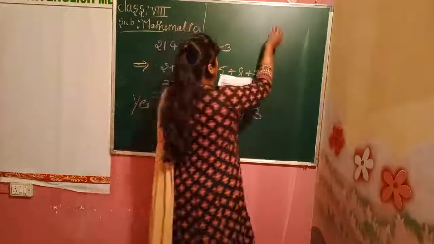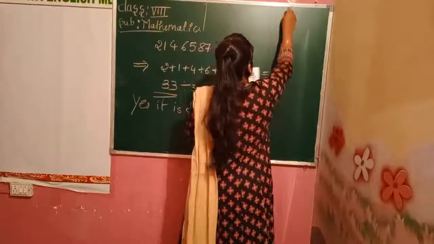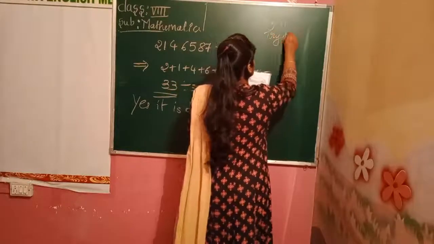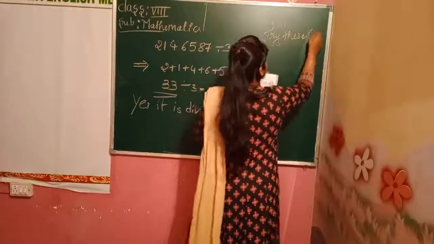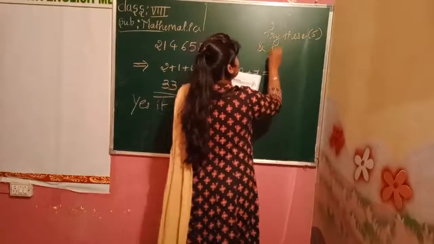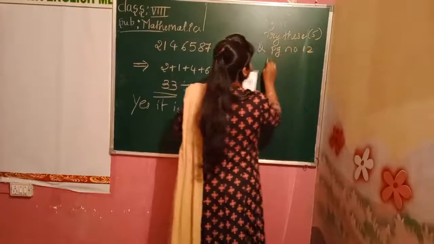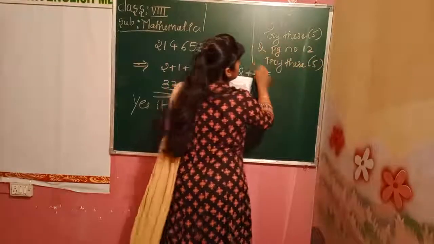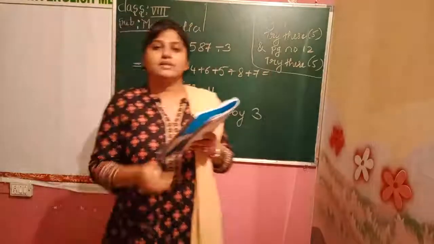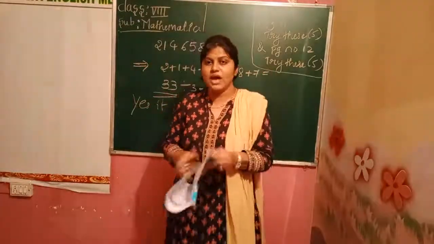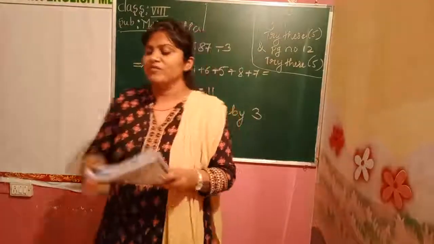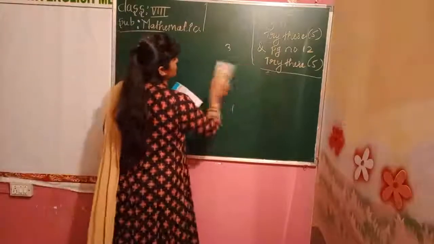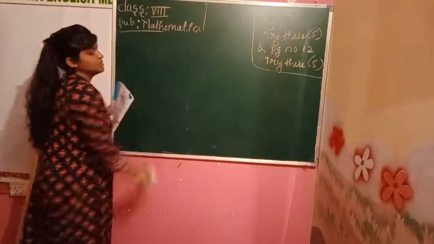You have to try page number 11, try this, these 5 sums, okay. After that, page number 12, try this, 5 sums, okay. Totally 10 sums. You have 10 sums to solve. Please try it and send me the answers. We'll move on to our exercise number 1.2. Please copy this homework.